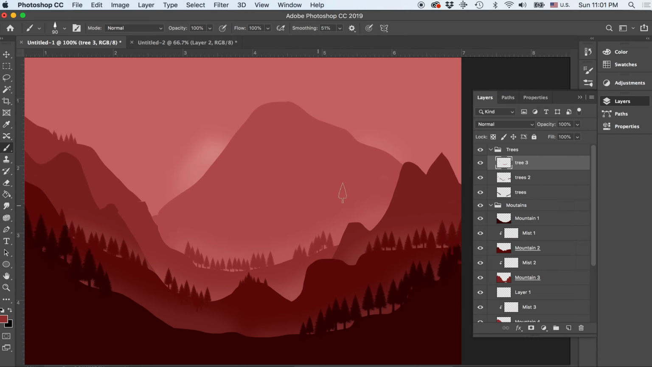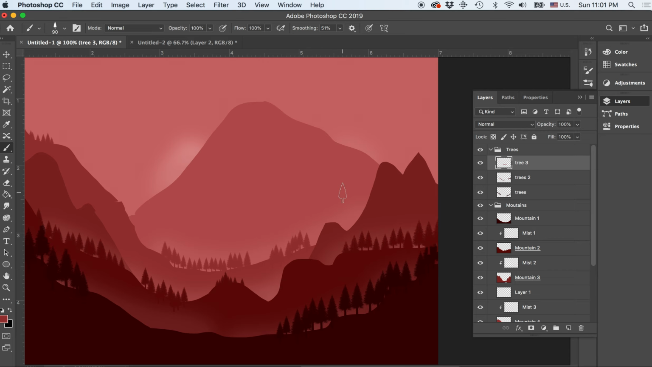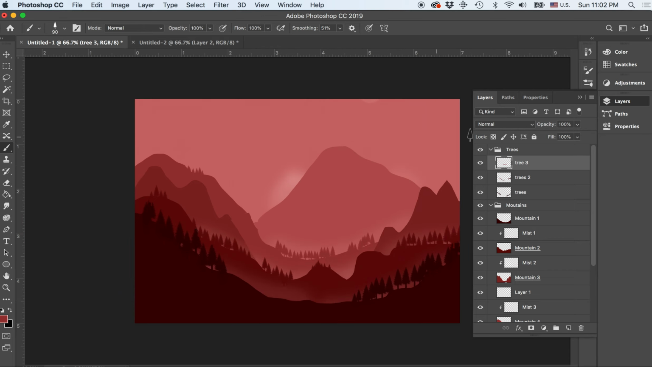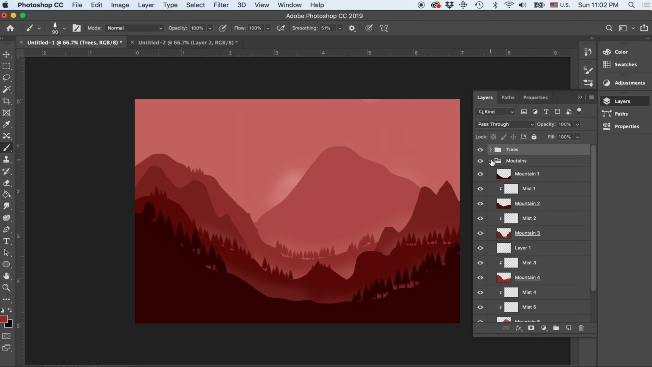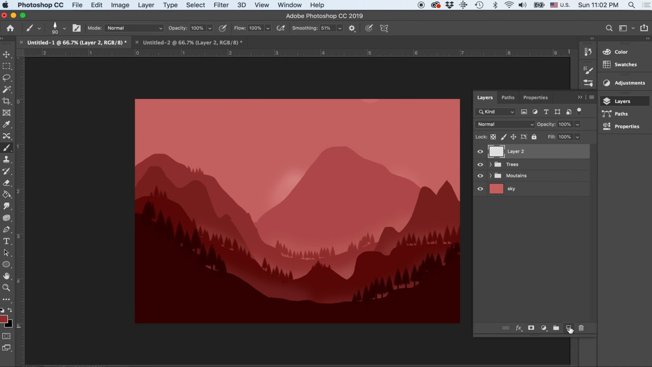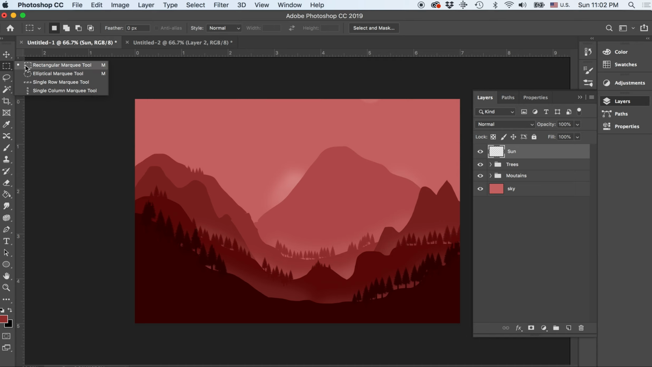Okay. So I like where this is going. And then all I'm going to do is add a layer right here for the sun. So I'm going to close this folder out, close the mountain range out. I'm going to make a new layer and call it sun. I'm going to use the elliptical tool in the rectangle marquee menu, so elliptical tool here,